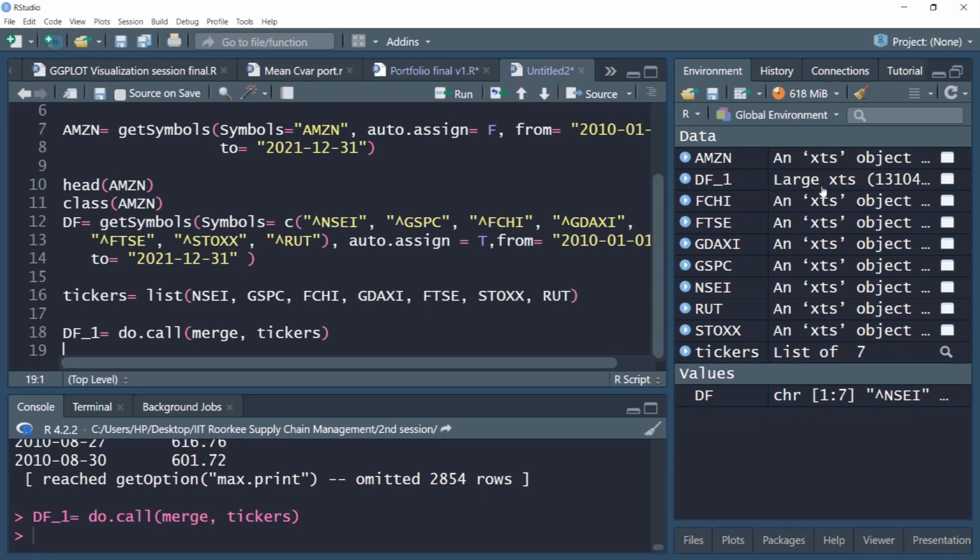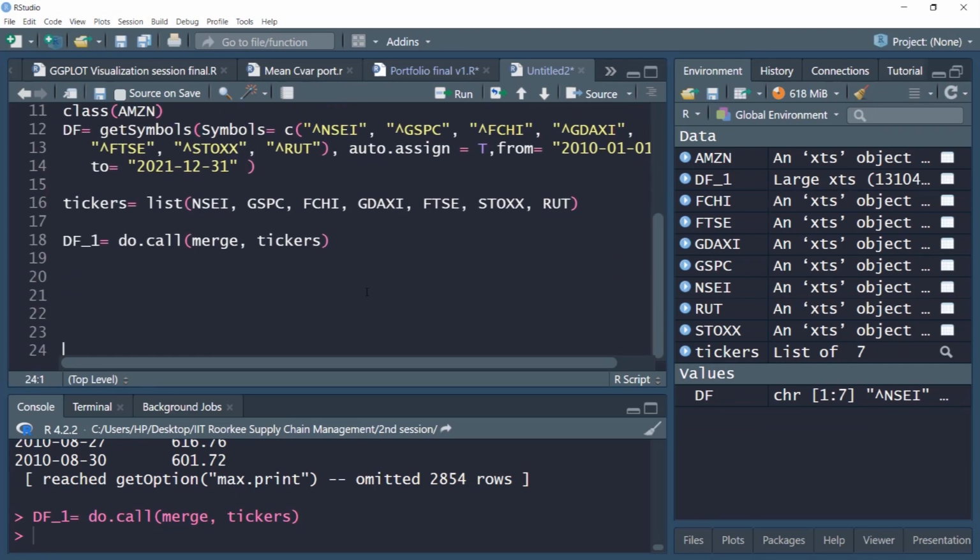in df1, notice a large extensible time series XTS object. I'll select only adjusted prices. And how do I select only adjusted prices? It's quite simple. I'll create final underscore df, where I'll filter the df1 series, which is my combined consolidated series.